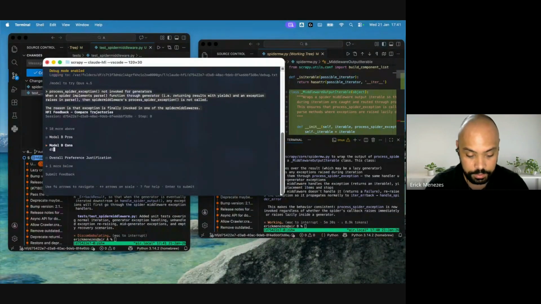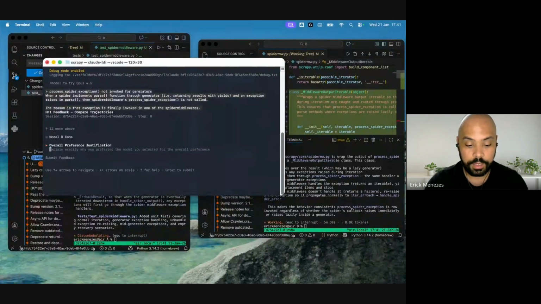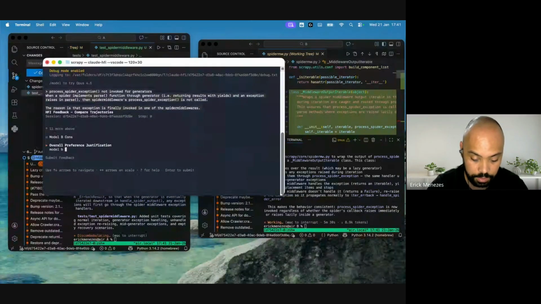Model B changes more files than expected, etc. And then you have to give us an overall justification why you chose model A or model B. You're going to give us a comparison, because model B has a better approach to the solution.